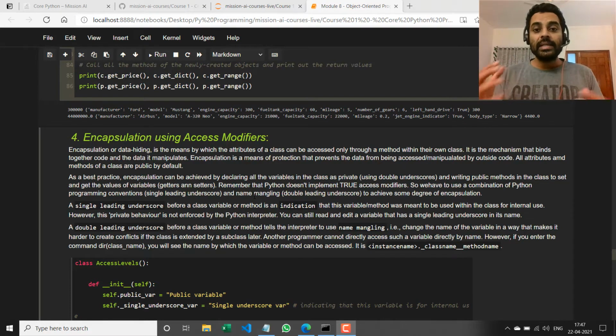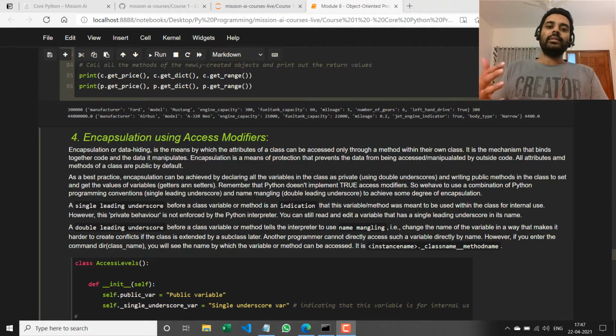So it's a means by which the attributes of a class can be accessed only through a method of their own class. So if you remember, in the previous video I had spoken about this concept of getters and setters, right? A getter method basically gets the value of a variable from a class, and a setter method sets the value of that variable within that class, right?